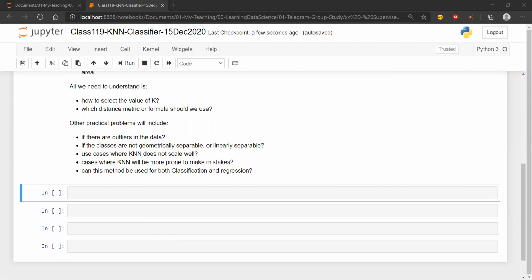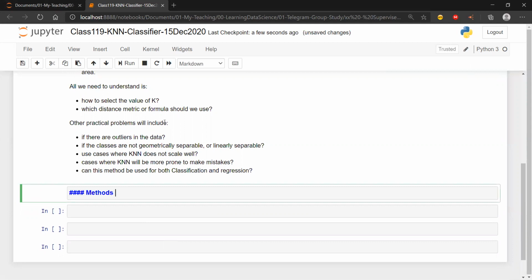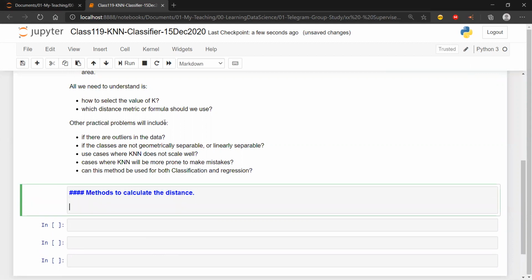The first method of calculating the distance. How does it do it? There are two most prominent ways in which we can do this. There are other ways also. I'm just going to tell you three ways, but we are going to mainly make use of two, because those are the most useful ways to calculate the distance.